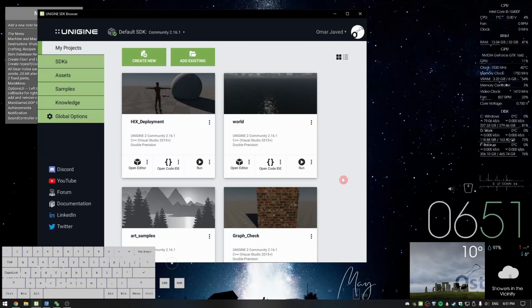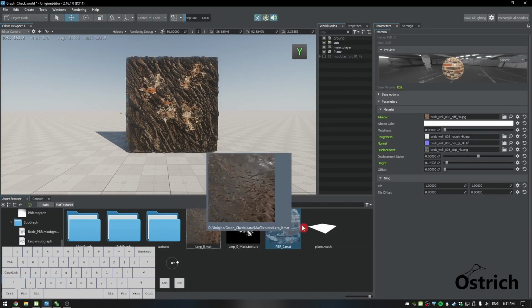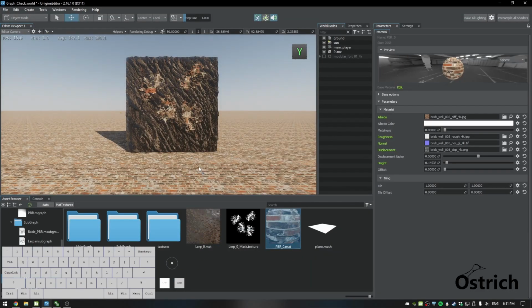Welcome back. So today's going to be a short and quick one because it's a little easy, but it's called procedural tiling. Now if we go back to our PBR,